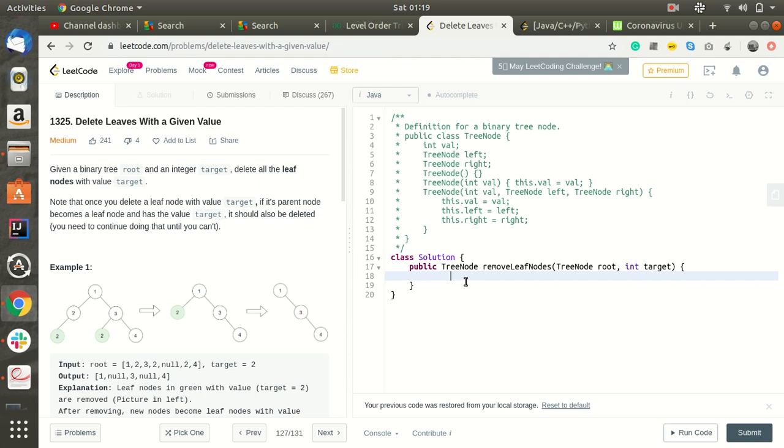Again, let's code it. If root equals null, return null, right?